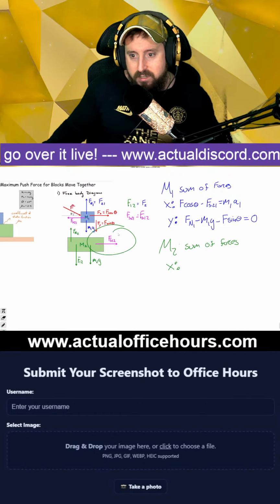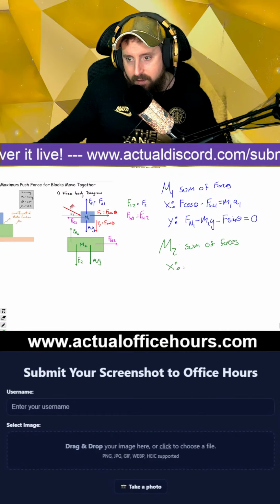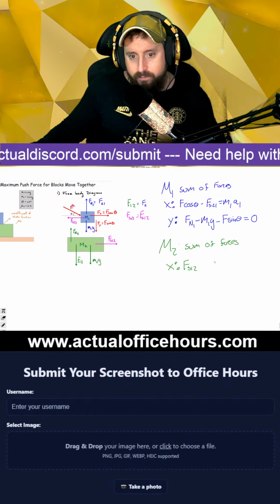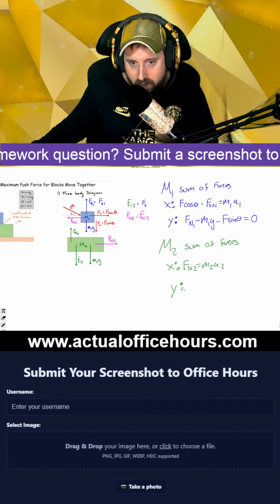In the x direction, I have FS12. And then in the y direction,